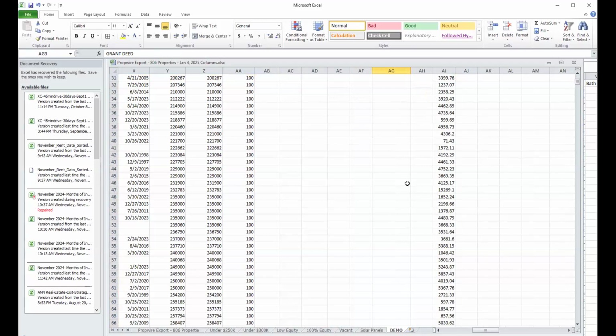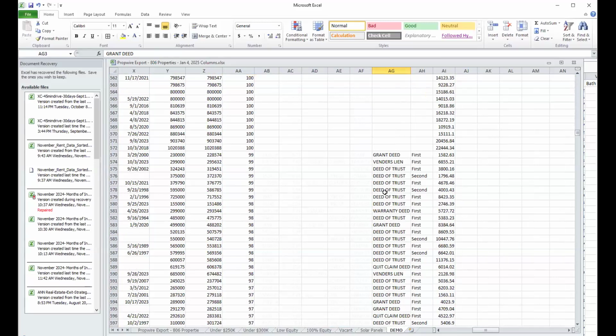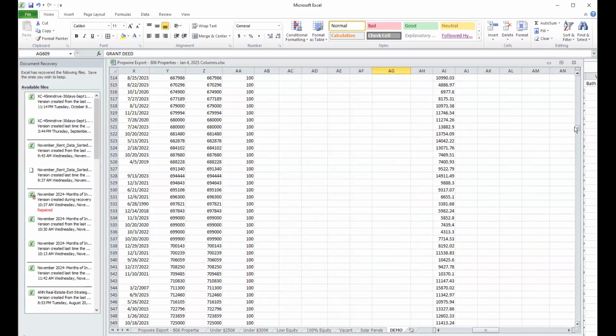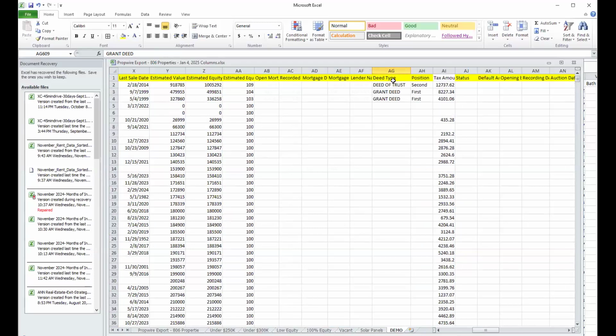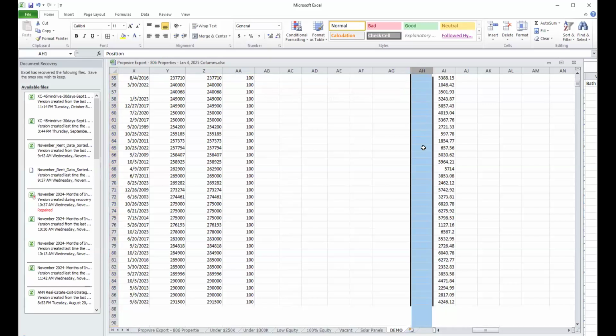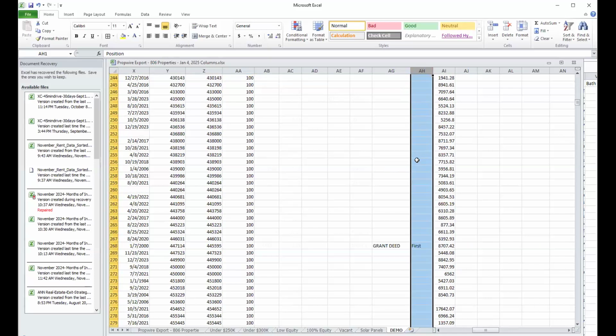And also, there are different types of trusts or deeds that you could look at, that say, I'm interested in people who received a grant deed, for example, or different types of deeds. That's a conversation for another day. In what kind of position does this lender stand? Because for some of them it could be first, for some of them it could be second.